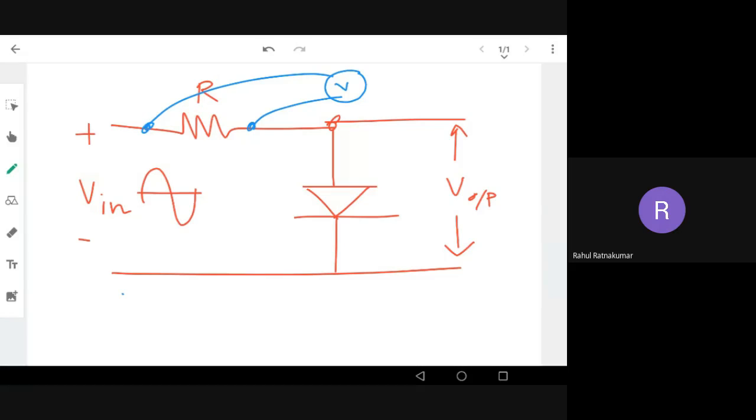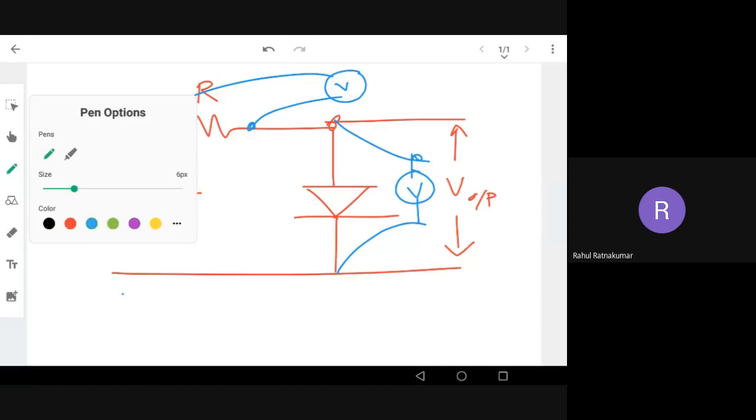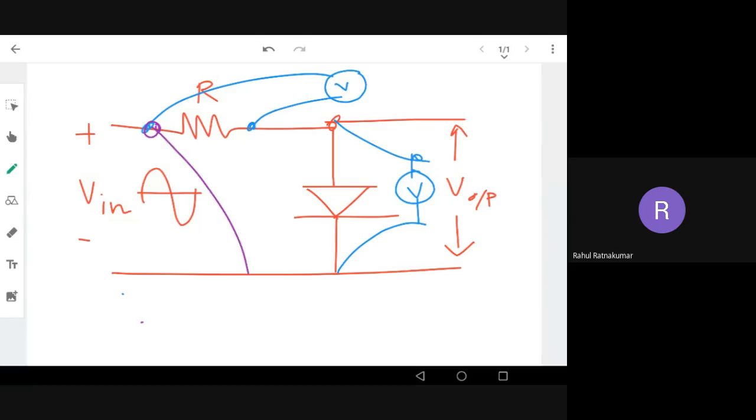And the question is, what will be the output waveform? Our usual questions will be like find the output. So this is the output, right? Across the diode, because the diode is across the output, so the voltage across the diode is the output voltage. So this is the common question, but you should know what is the waveform across the different points in the circuit. Maybe someone asks what is the waveform across this resistance to the ground.